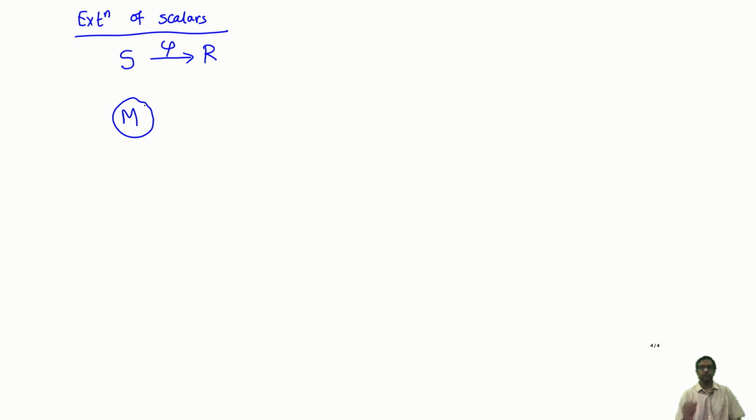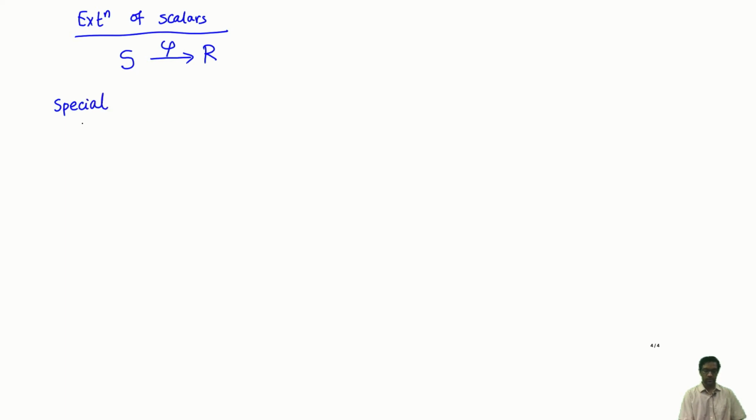If you take an element of R, there is no easy way of defining scalar multiplication, because I can't convert it into an element of S by applying a homomorphism. The homomorphism goes in the wrong direction. But there is a way of doing this. It involves tensor products and so on. We won't get into this right now, but I just want to talk about one special case, which is rather common and important.